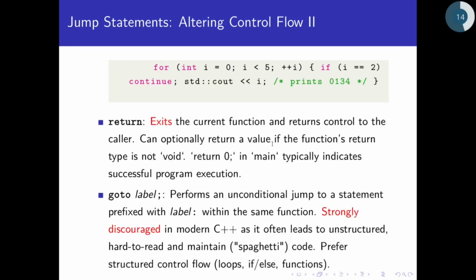Then also see the continue statement. Instead of breaking from the loop, it will just continue. If i equals 2, it should continue. By the time i equals 2, it will skip 2, jump to 3 and print out 3, 4, instead of printing out 1, 2, 3, 4. It will skip that number. That's continue, the jump statement.